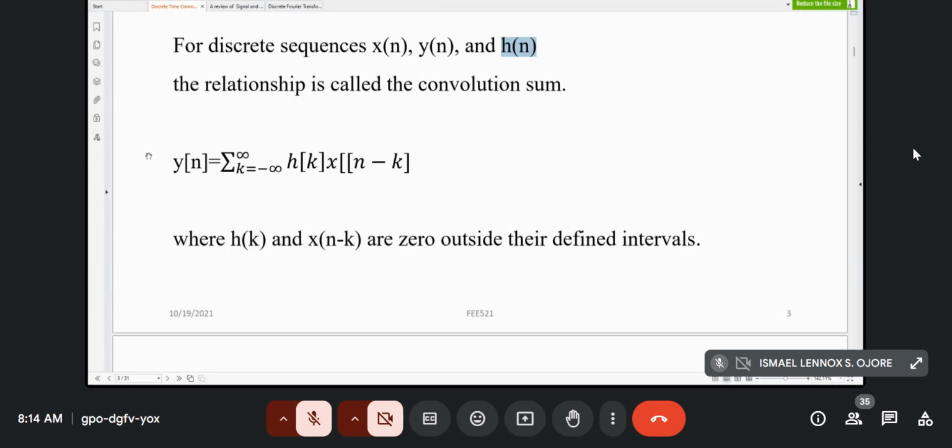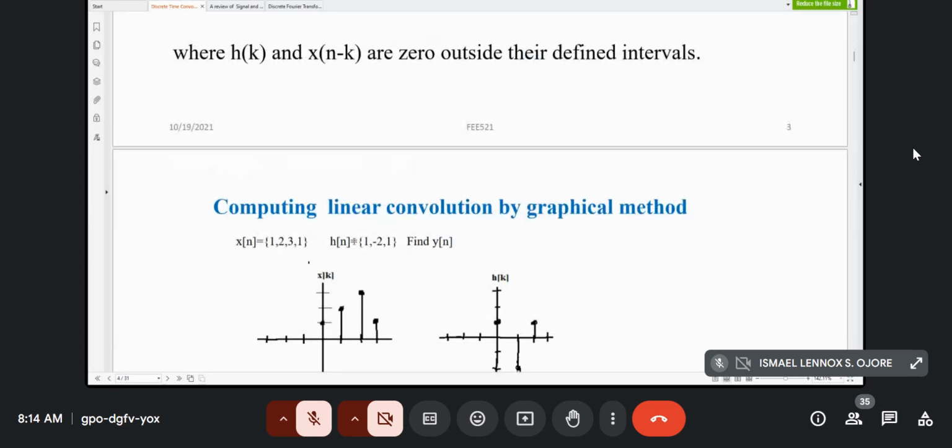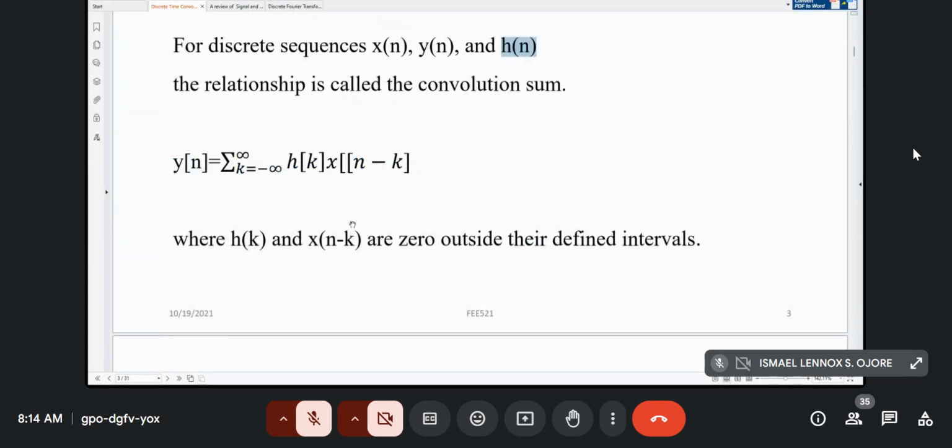But with the convolution, it doesn't matter whether you start with h of k or x of k, whether it is h of n minus k, or h of k. Whether it is x of k or x of n minus k, it will be the same thing. So we are going to look at how you work out the discrete time convolution